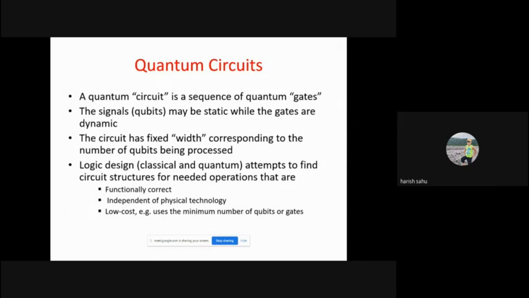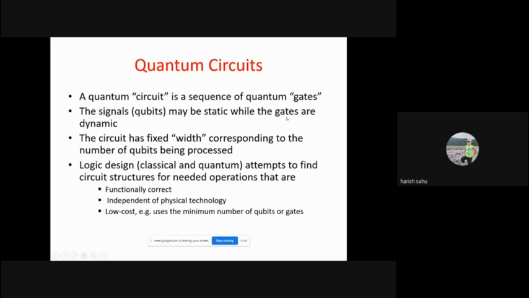So let's talk about quantum circuits. As I already told in the definition of quantum circuits, it's a sequence of quantum gates on the quantum data, and these qubits may be static, means you can supply 1, 0, and superposition also, but these gates are dynamic.